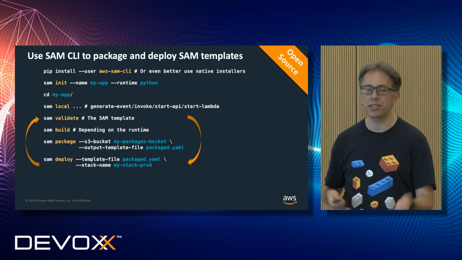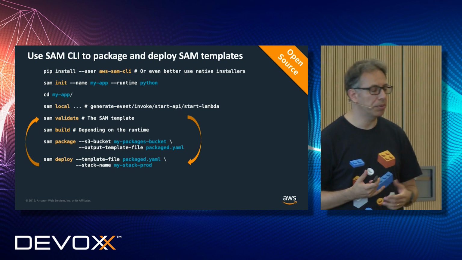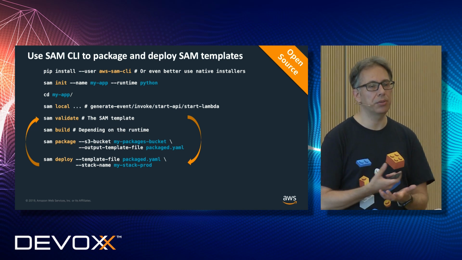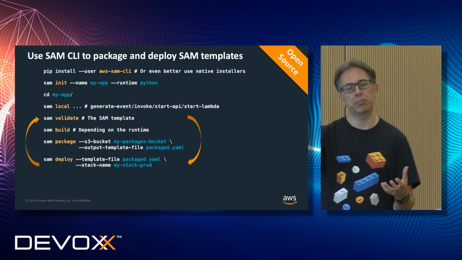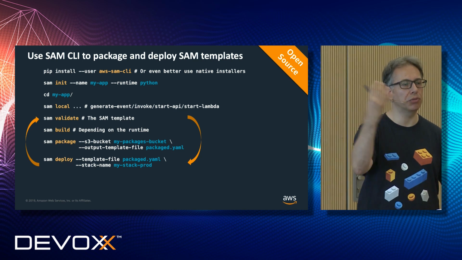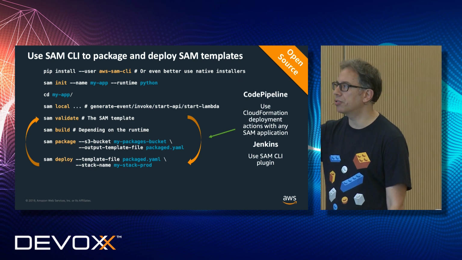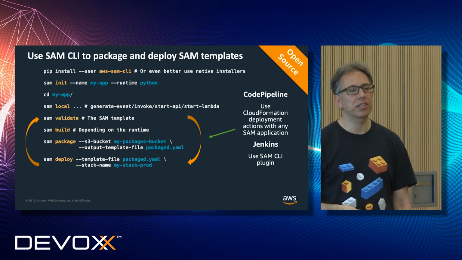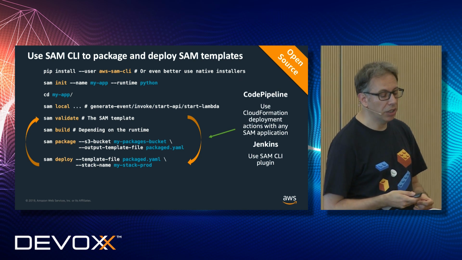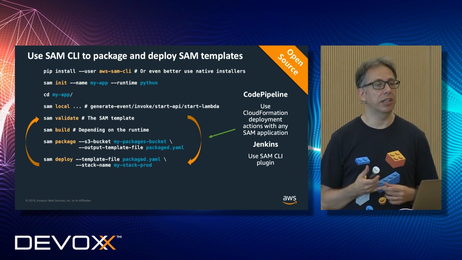And these 4 commands you can cycle as much as you want, because CloudFormation, that is under the hood, will compare what you want to build with what is already there. So if you want to continuously update your application, you can just iterate with these commands. You can use this SAM CLI, for example, with Jenkins, or with managed CI/CD tools.